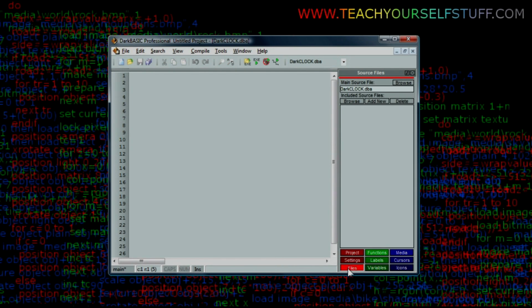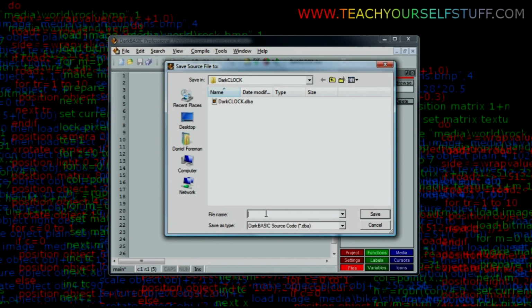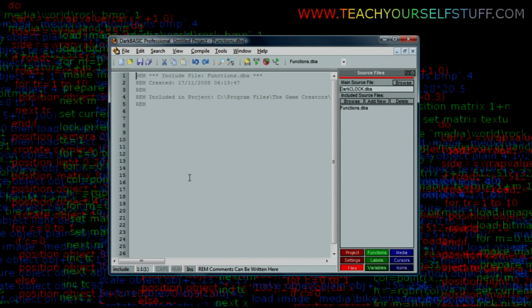So I'm going to click on Files now, click on Add New, and we're going to create another source code file called functions, and this will serve as our location for the functions. Now we're going to go back to the main program, and we're basically going to start off by initializing the 3D environment. So sync on, sync rate 30,